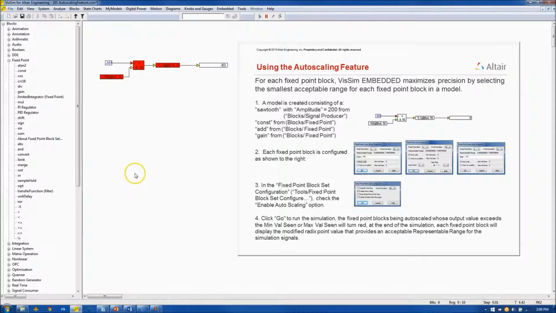The constant, sum, and gain blocks have turned red, indicating that each has undergone an overflow. The results of the VisSim autoscale feature, showing the format that prevents overflow, are displayed on each block. In the constant block, VisSim has calculated an 8.16 format, for the add block an 8.16 format, and for the gain block a 16.16 format. If I accept these changes and rerun the simulation, the new formats confirm that they do not result in an